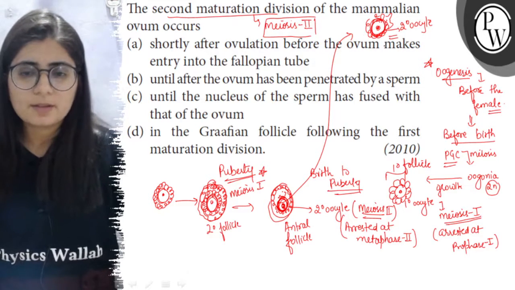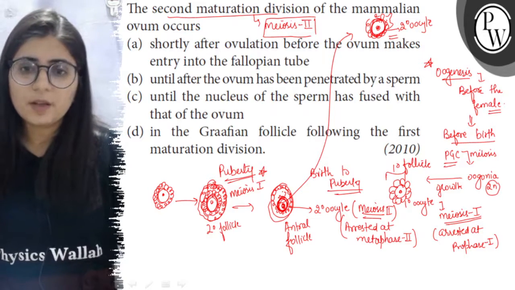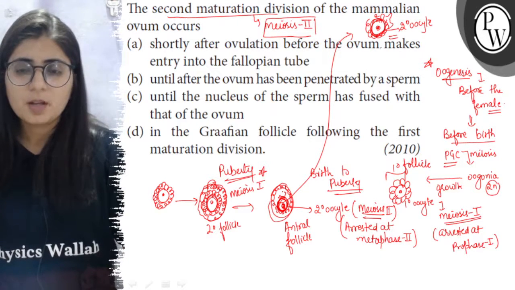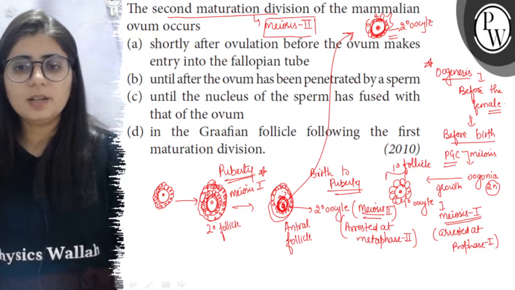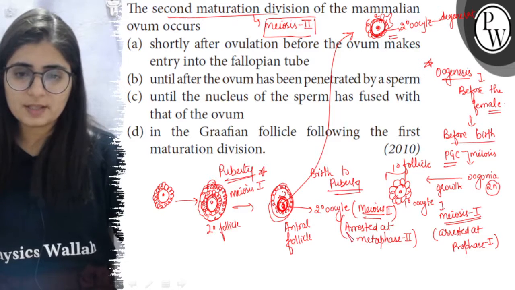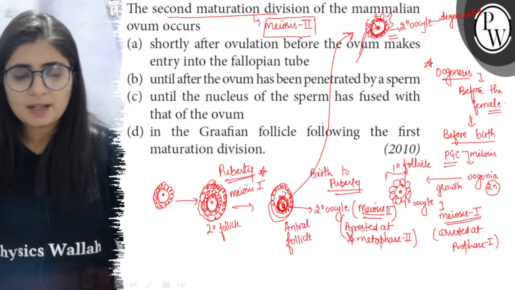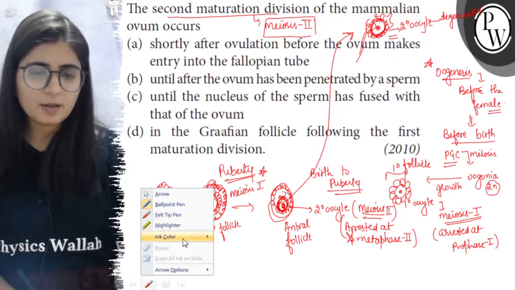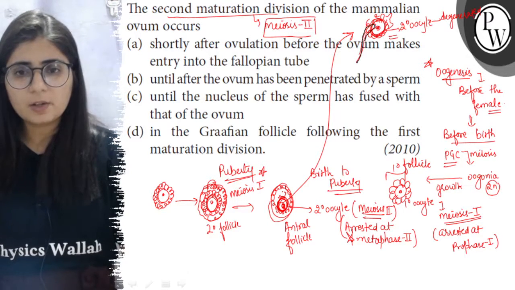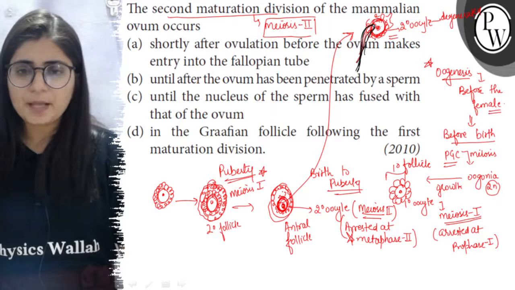Now there are two events which can happen. First, either it gets degenerated. It will degenerate if it is not fertilized, if it doesn't meet with the sperm. So if it doesn't meet with the sperm, then it will degenerate in the meiosis II stage, which is arrested at metaphase II. But the second event is if it is penetrated by a sperm. So if ovulation has taken place and simultaneously the sperm also reach the female's reproductive tract during sexual intercourse and the sperm penetrates this,